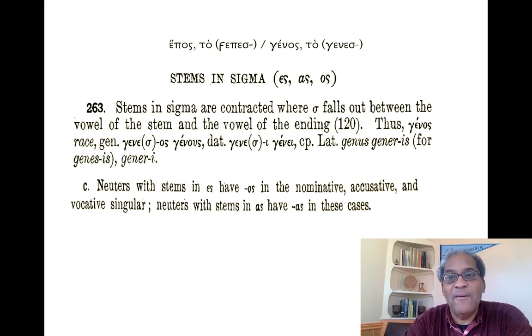Next, we have ἔπος, which is a member of what are known as stems in sigma, because ἔπος, the actual stem, was ȳέπεσ with the digamma in front of the first epsilon and sigma epsilon the second. So ἔπος is from YPS. So the actual stem ends with a sigma, epsilon sigma, that has disappeared. And so in